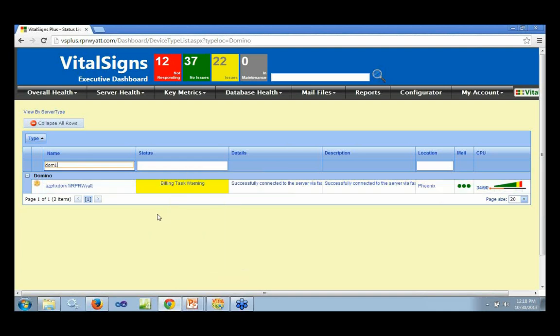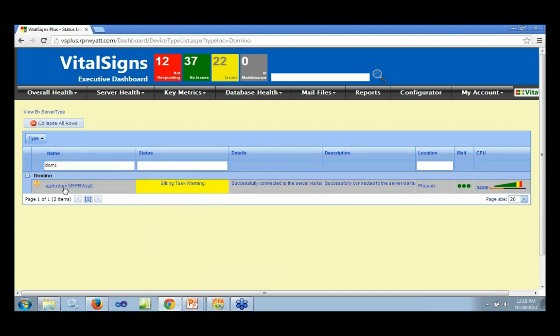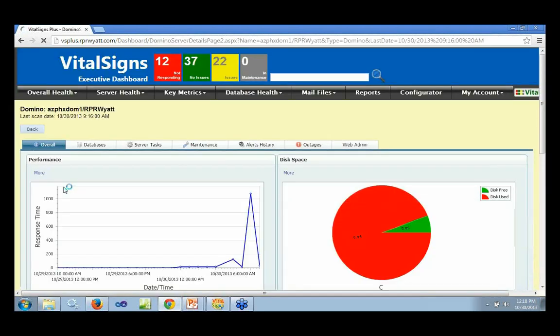The issue is that the billing task is not running. You see, if I mouse over that, it gives me this balloon pop-up that tells me when it was last scanned, when it is next going to be scanned, and why it has the status that it does. If I want to drill down further, I just click on the server itself, and up comes a detail page here showing me